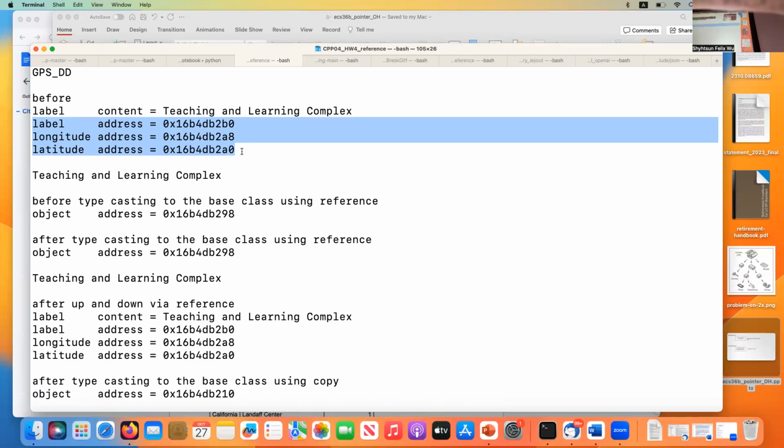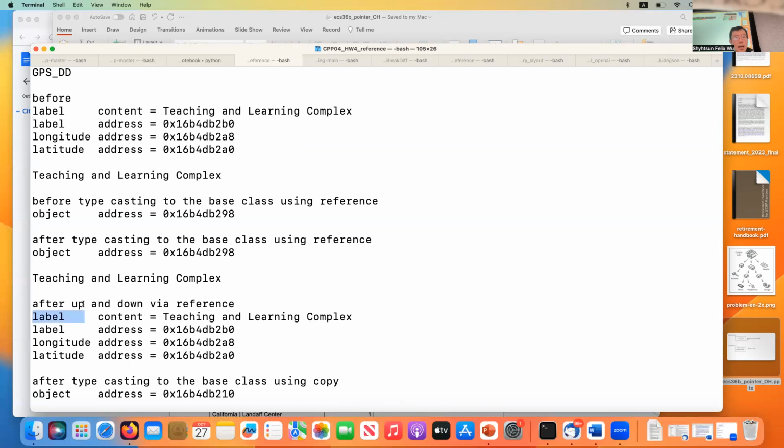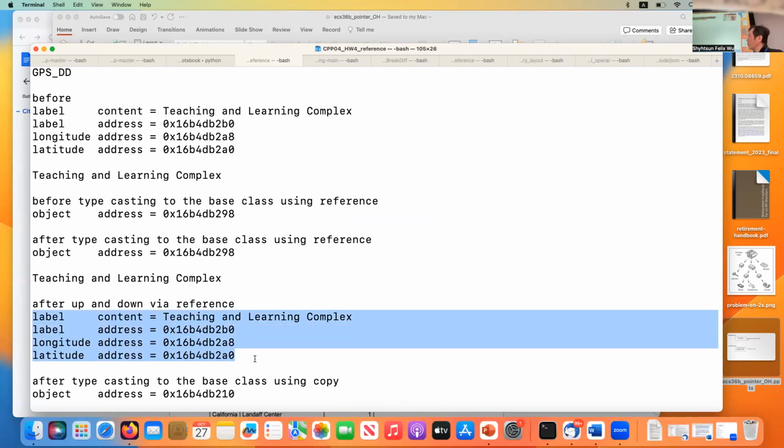That's the address for label, address for longitude, address for latitude. If you compare those 3 with these 3, which are after up and down via reference, you see that they're the same, right? They're exactly the same.